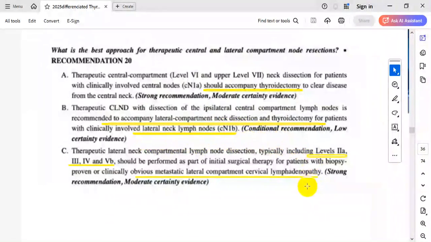And also in patients who have obvious metastatic lateral compartment cervical lymphadenopathy, the therapeutic lateral compartment lymph node dissection, typically including levels 2A and 3, 4, and 5B, should be performed as a part of initial surgical therapy for these patients. And